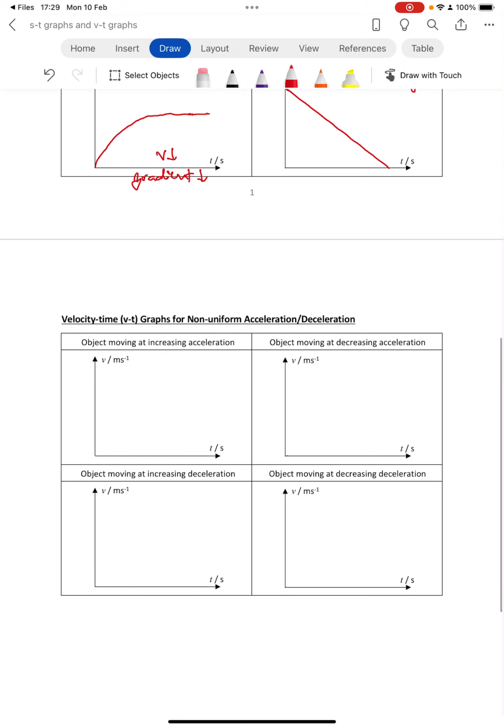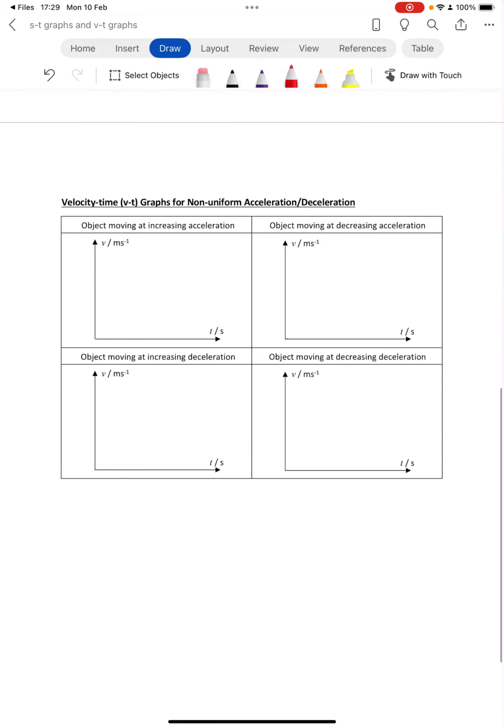Okay, let's move on to 4. These are the more, I would say, not so common graphs where the motion is non-uniform acceleration or deceleration. So we don't usually draw displacement time graphs for these because it is not very meaningful. For example, if